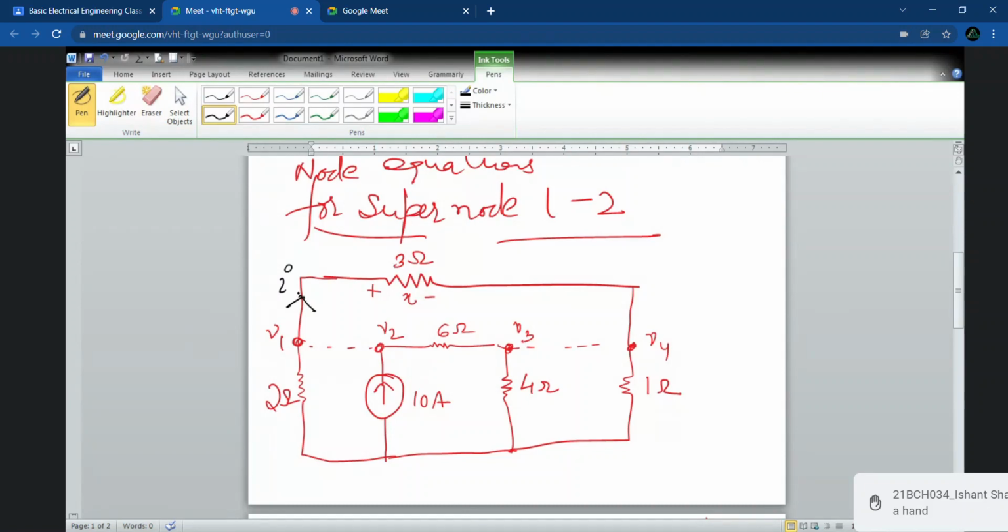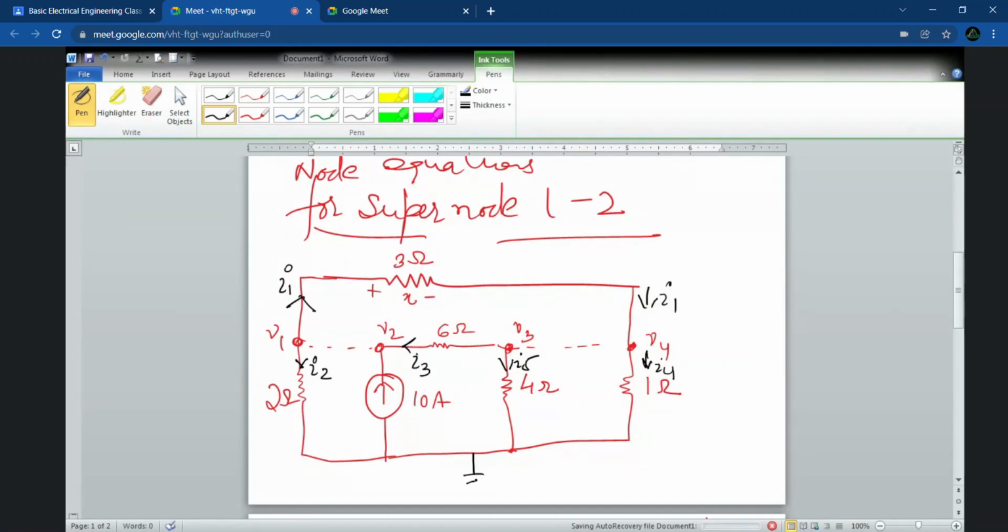So this is say for example I1 current going towards this way, I2 current on this way. Okay, and there is one current 10 ampere going in this way. Say for example this current I3 over here, some current say I5 in this direction, the I4 in this direction. Okay, and this I1 is coming from here. Is it clear to everybody? Here it will be somewhat grounded. Is it clear? Yes, ma'am. We've written the circuit, now from this circuit you need to write the equations.